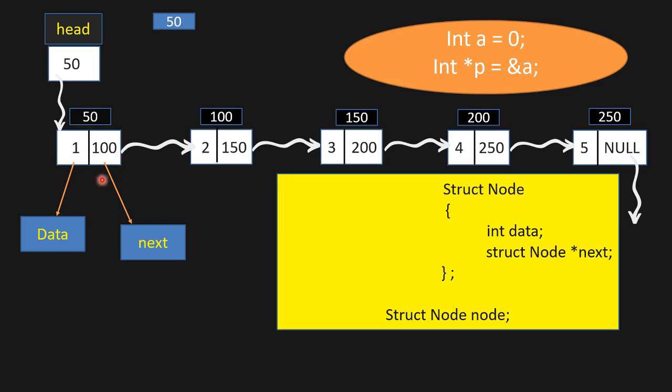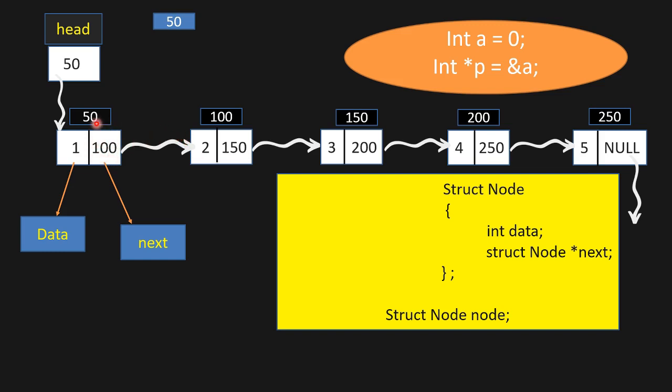As we have discussed, linked lists are randomly allocated, hence to connect all these nodes we need to find a link. So how to find a link? To find a link, we have divided this node into 2 parts. The first part will contain the data and the next part will contain the address of the next node. This is very important. Please note that the first part will contain the data and the next part will contain the address of the next node.